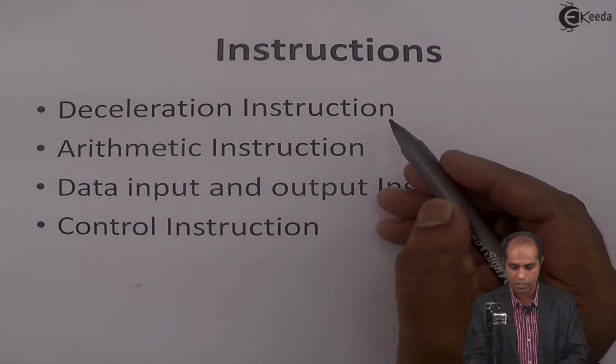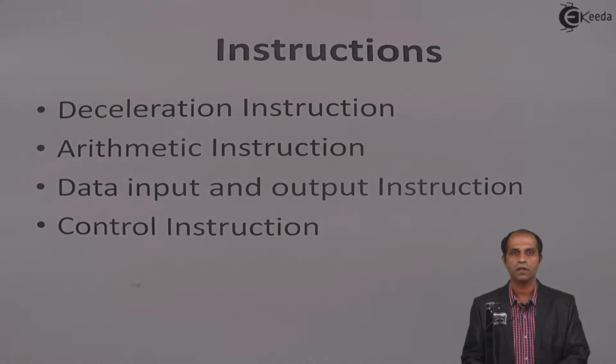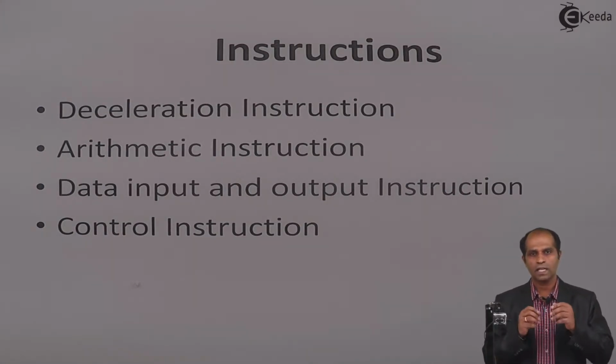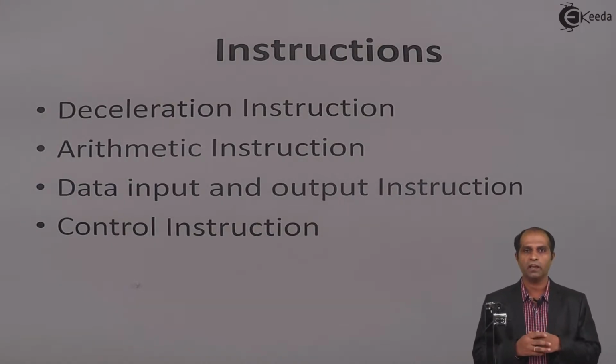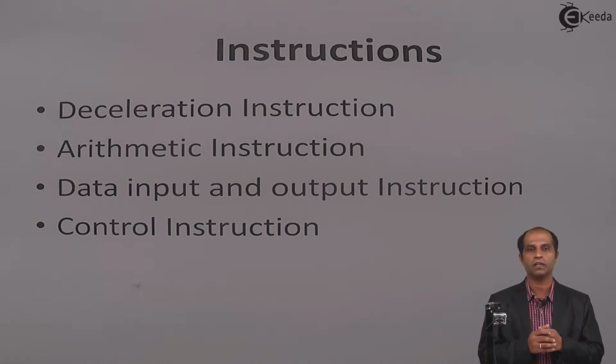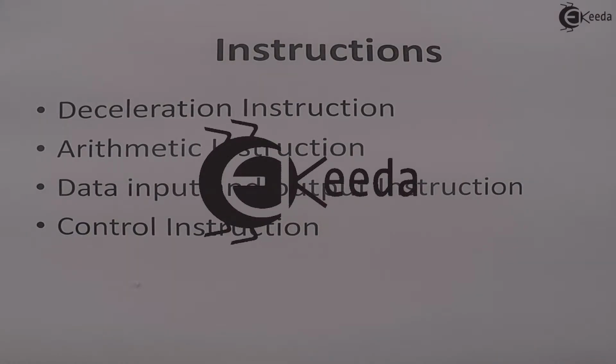The first instruction is declaration instructions. As the name itself says, declaration instructions means you are supposed to declare something in that particular instruction. Now, what is that something? For example, if I am going to use a variable by name A, this A can store any type of data. But ultimately, if I have to make this particular variable A store a specific type of data, we're going to declare the variable with a keyword as int. When I complete that instruction, we'll have that as a declaration instruction.